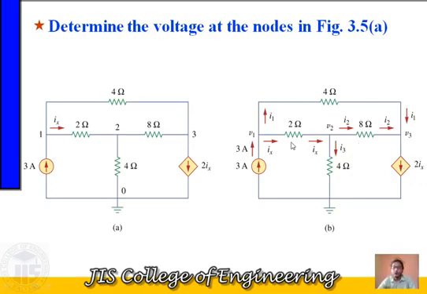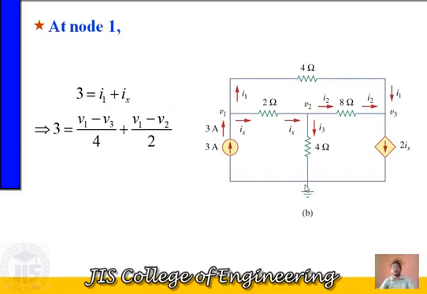So now all the branches have different amounts of current that we have considered, and the direction of current also. Now what is the next thing? The next thing is that we have to apply KCL for all non-reference nodes. Non-reference nodes means node 1, node 2, and node 3. So for node 1, the voltage is V1. For node 2 we have considered the voltage V2.